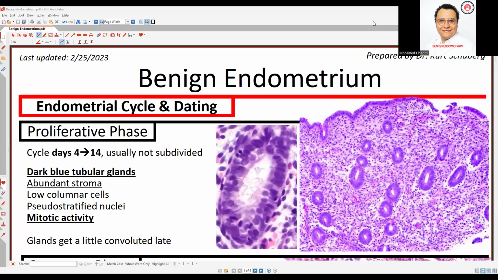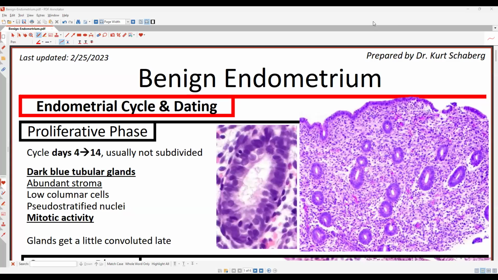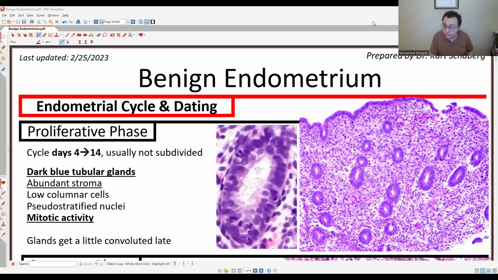Let's get started. Okay. So we'll talk today about the benign endometrium. The only tip that I want to give you